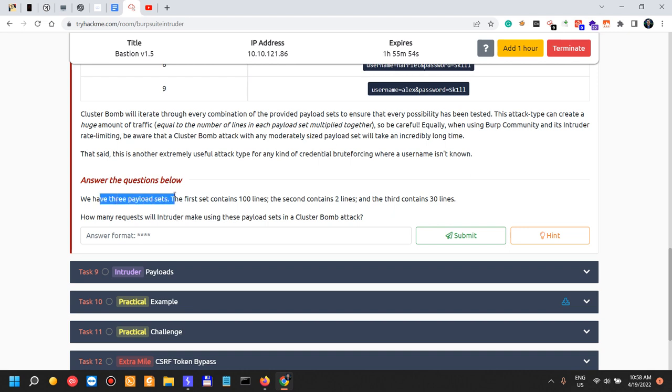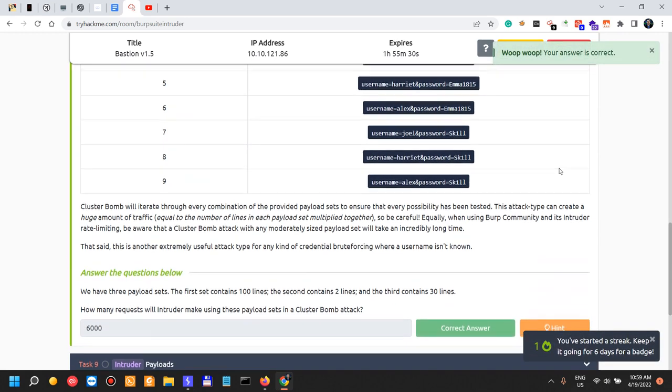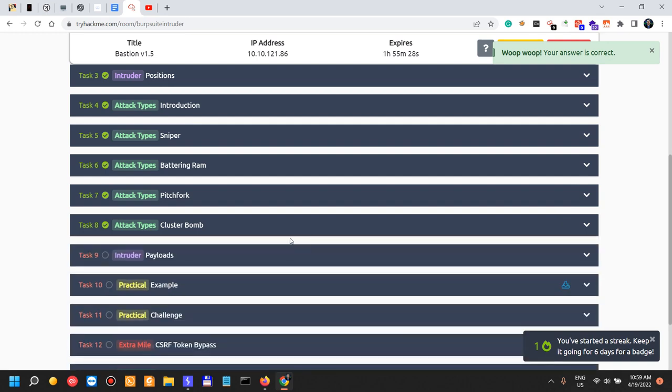Now, how many requests? So we have 3 payload sets. The first set contains 100 lines, the second contains 2 lines, and the third contains 30 lines. How many requests will Intruder make using these payload sets in a cluster bomb attack? So I would assume that is 100 times 2 times 30, which is 6,000. So yeah, that was the correct answer. Now, next,